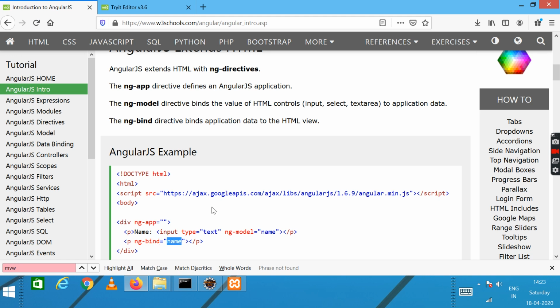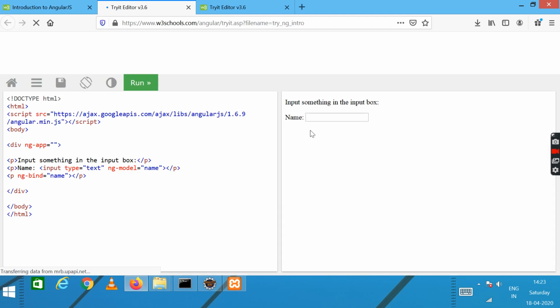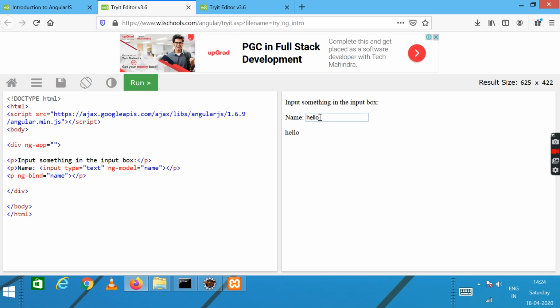What it does is this input type text creates the text field. When the user enters some text in the text field, it takes the data in the form of ng-model, and binds that data using ng-bind in the form of a paragraph tag. So this holds the data and binds the data using AngularJS. We'll see how it works. Here is the text field, name. If we enter something, let's say hello, then it creates this app called no-name app or null app.